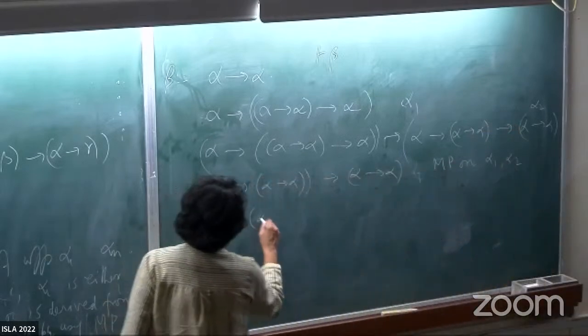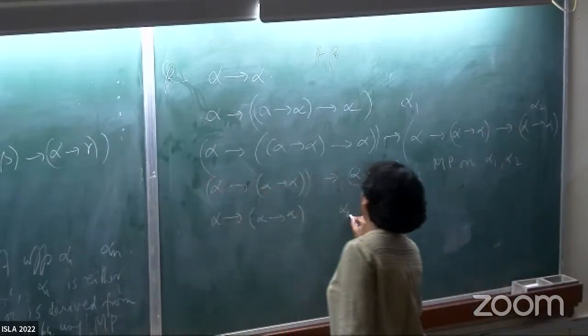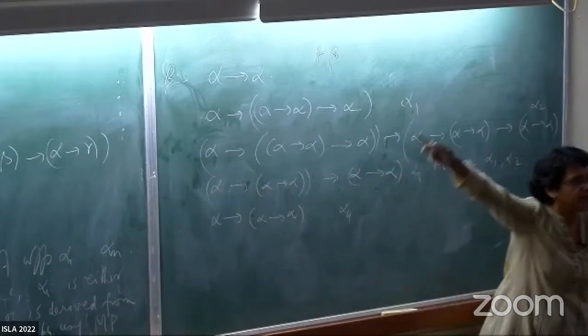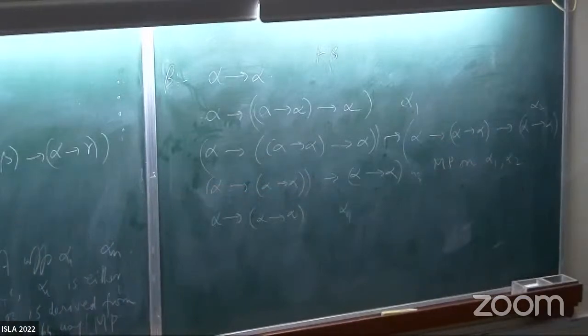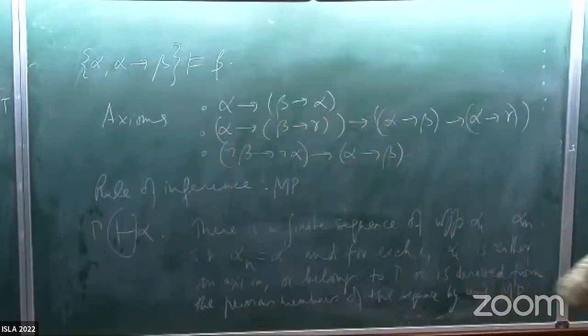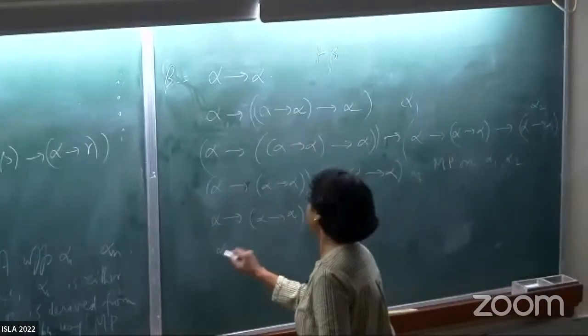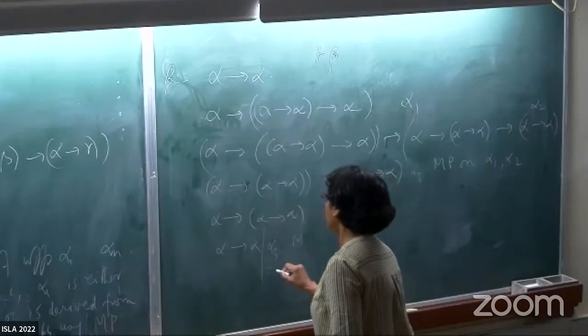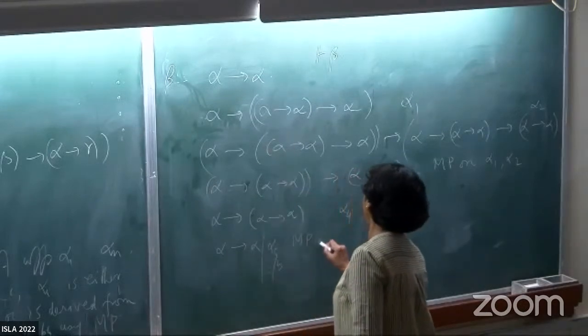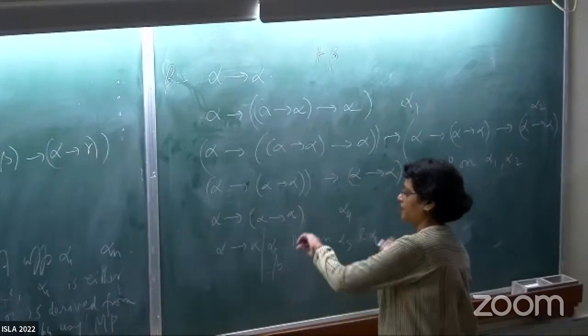Now, this is alpha 4, but this is already an axiom. Please note here, in the axioms, the beta and gamma are variables, so they can be just any formulae. That's why this is called an axiom scheme. I don't want to go into that, but just understand that those act as variables. So again MP, and you'll get the last step. So this is your alpha 5, which is nothing but your beta, by MP on alpha 3 and alpha 4.